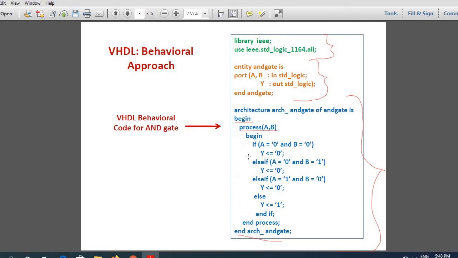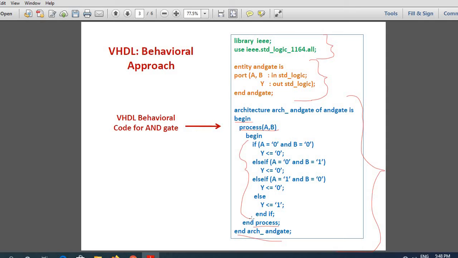Those are if-else statements, as I said.